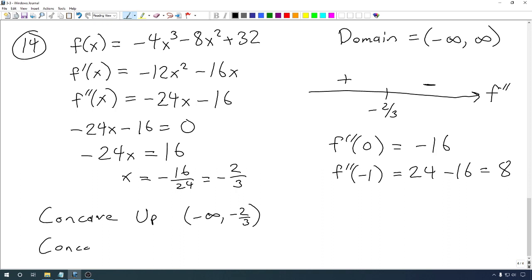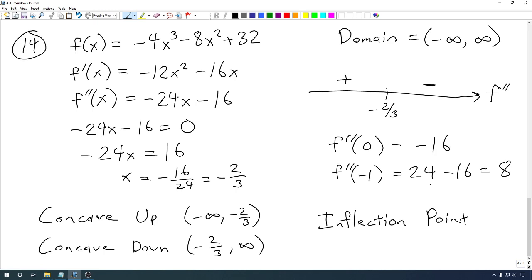It's concave down where the second derivative is negative, so from negative 2/3 to positive infinity. And if we want to talk about the inflection points, now negative 2/3 is the only possible place there could be an inflection point, and since it did actually change